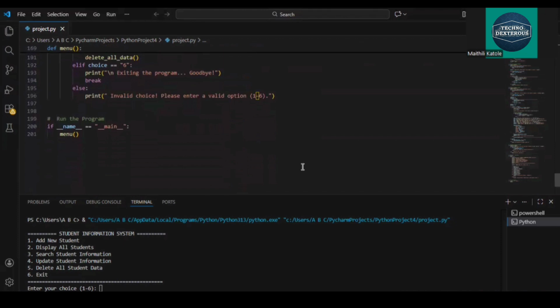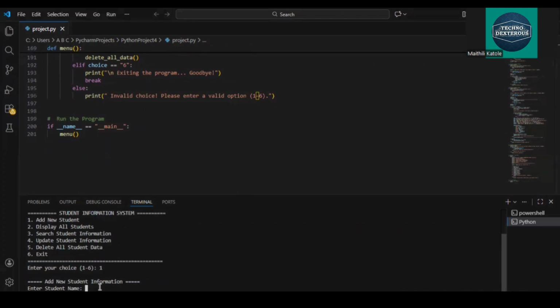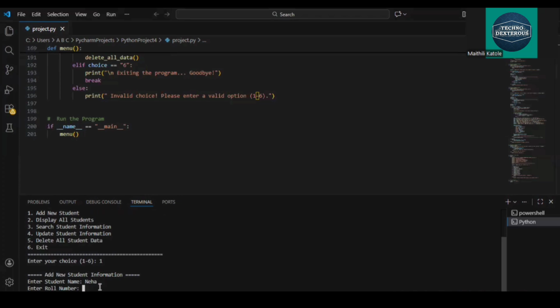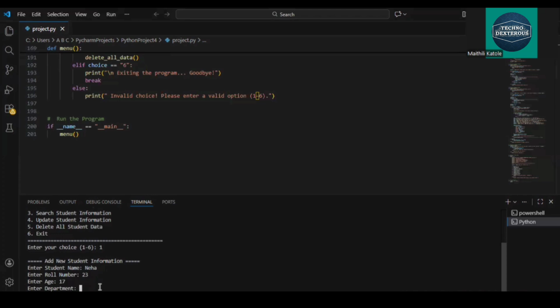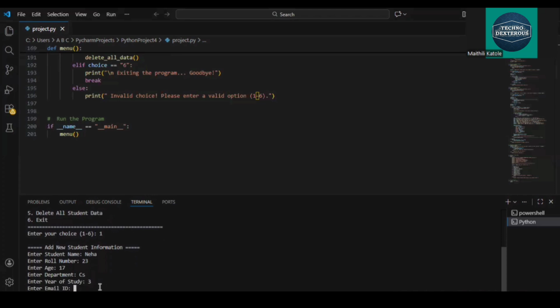Now the last part is used as the main entry point for the program, so that the menu function can be started. Now first let's start by inputting some values. First I will give choice as 1. It asks for the name, so I put the name as Neha, roll number as 23, age 17, department CS, year of study 3rd year, email ID